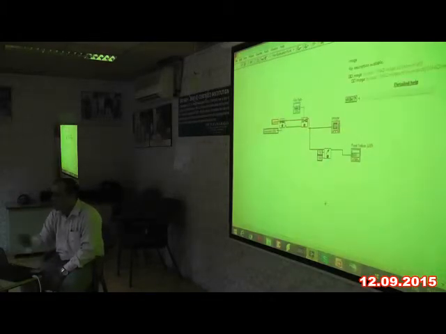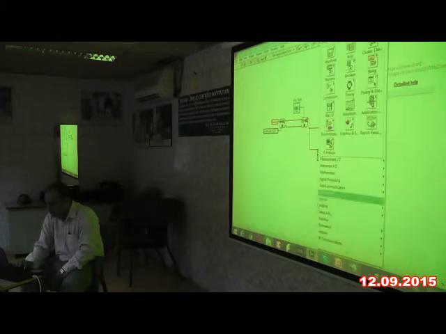And there is another option. Instead of seeing pixel by pixel, I can see all the pixels of the entire image.